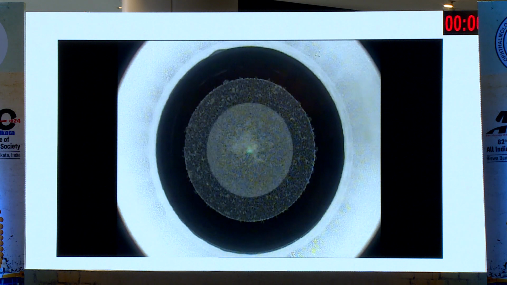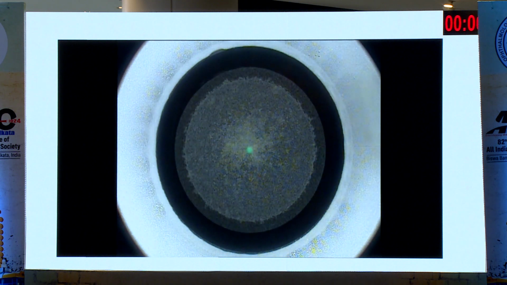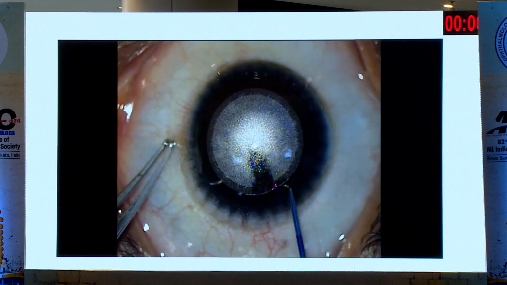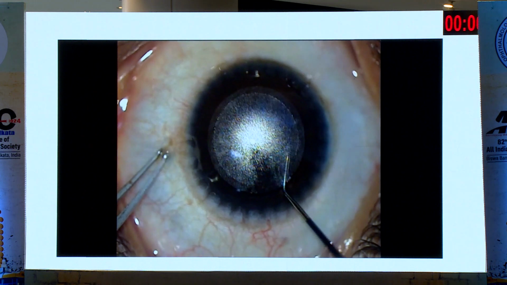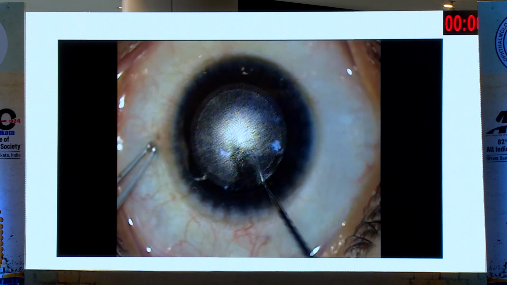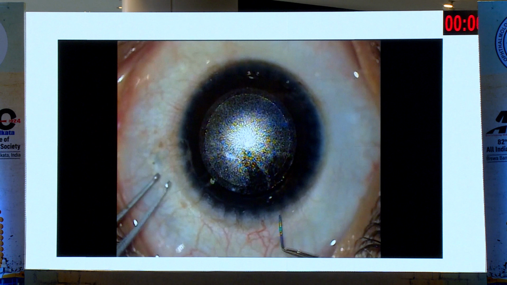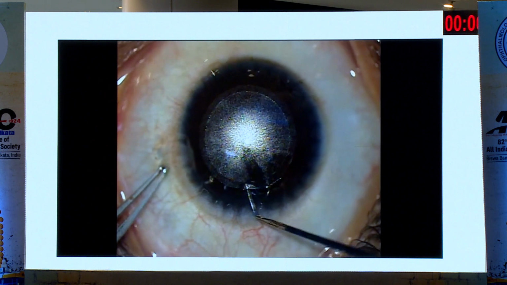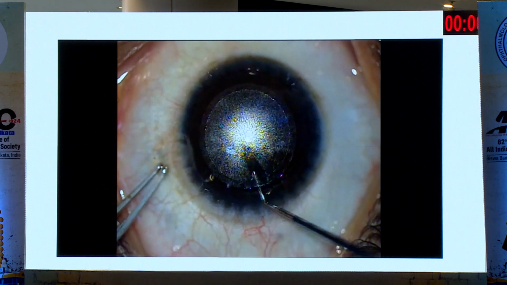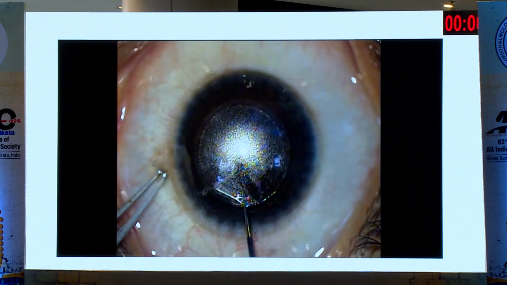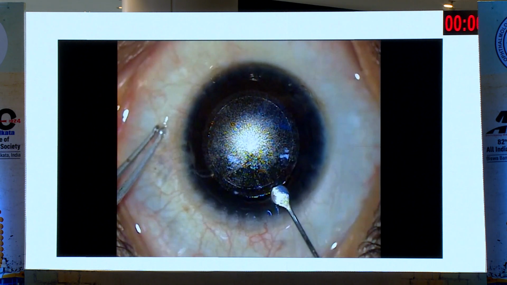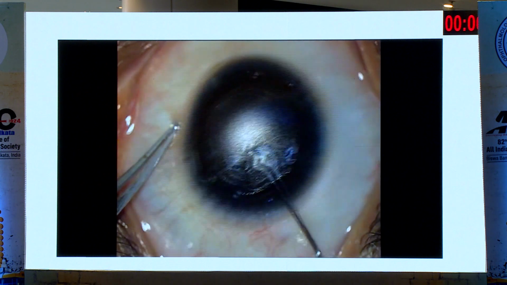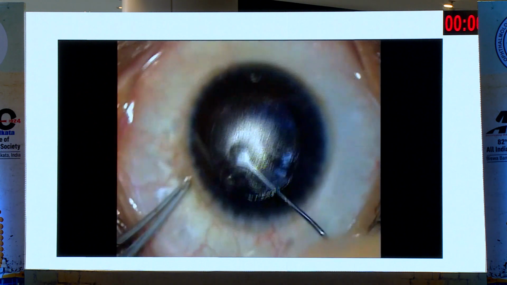So in SMILE, we usually take 110 as a cap thickness, and then the lenticule is cut, and there is a 2.2 millimeter incision for entering. First of all, you have to dissect the upper plane and then go in the bottom plane. Plane identification is a challenge for beginners, but if you are a LASIK surgeon, it takes 2 to 3 cases to learn what is happening and how you have to manage. There are different signs by which you can identify the correct plane,